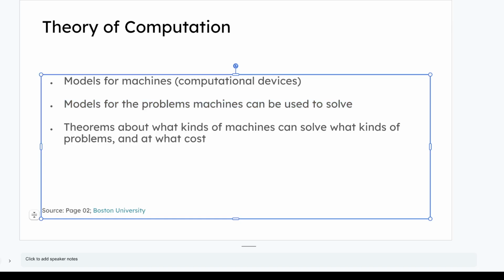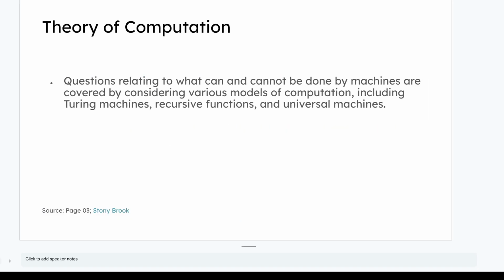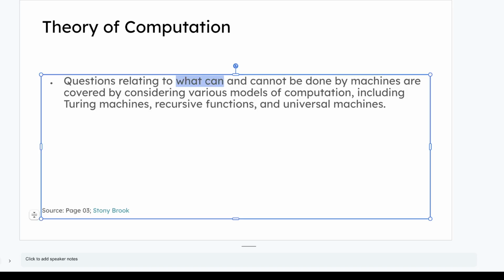Models for the problems machines can be used to solve, and then theorems about what kind of machines can solve what kind of problems and at what cost. So these are the major concerns. Also, the questions relating to what can and what cannot be done by machines are covered by considering various models of computation, including Turing machines. That is, if there is a Turing machine, then what it can do and what it cannot do, or universal machines